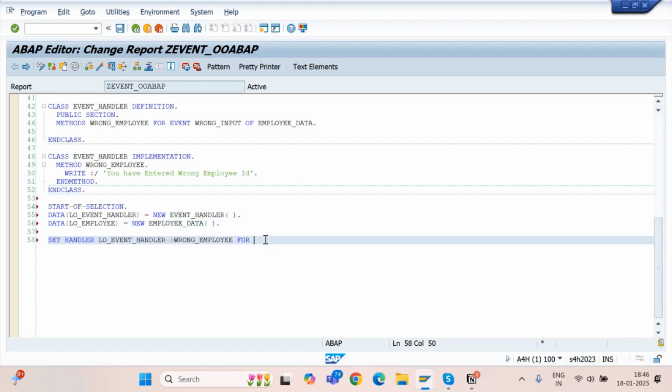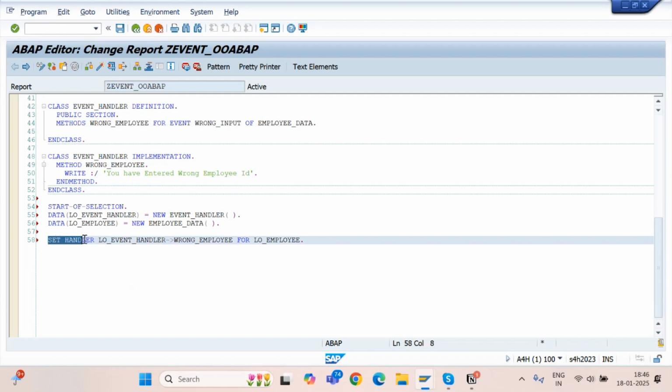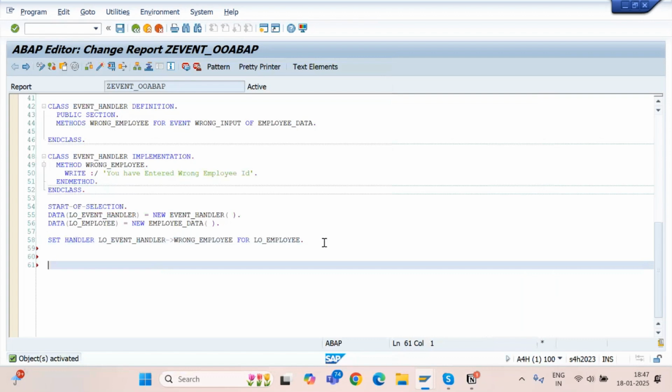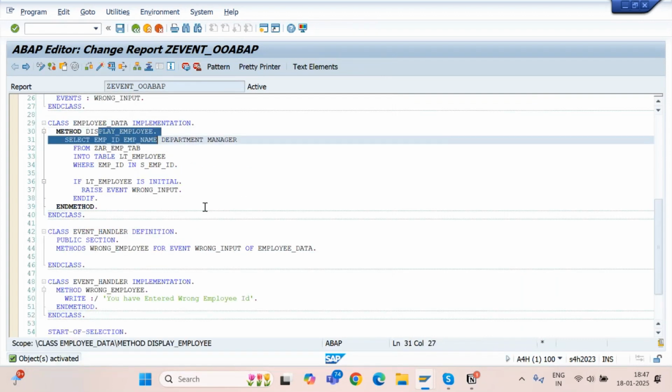This is the third step, handling. Register the event handler using this set handler statement, right? Activate it. Now once it is done, you can simply call the display employee method of employee data class